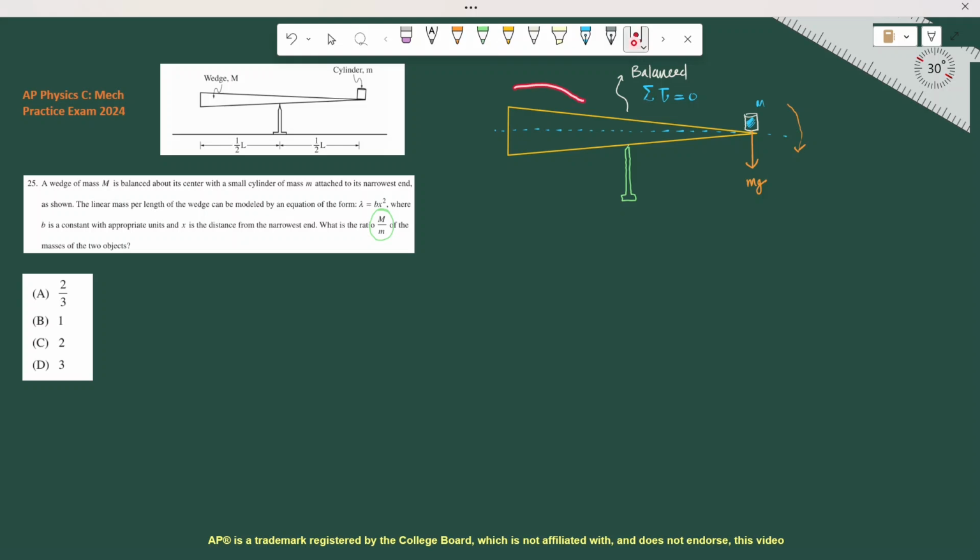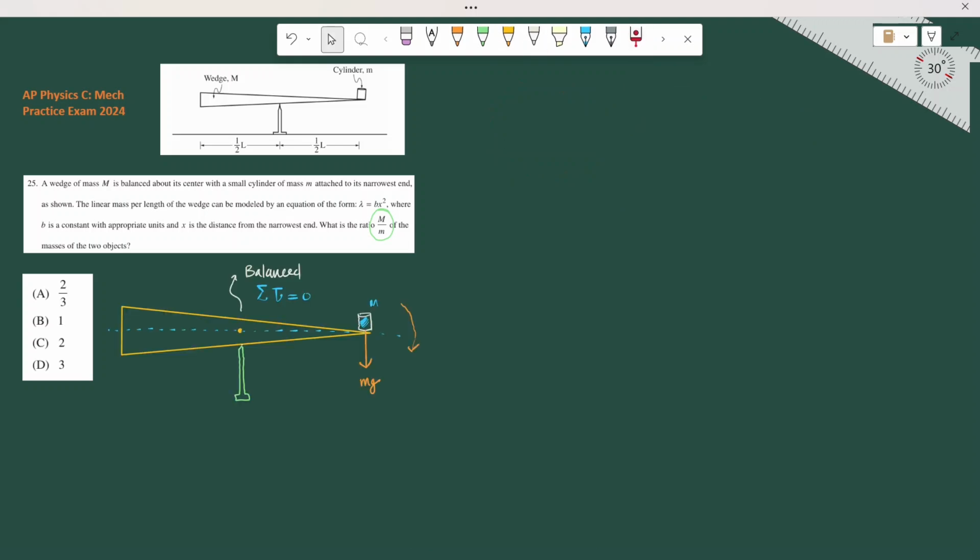So it means that the center of the mass must be located on the other side of this pivot point. This is in the middle, this is our pivot point. So, dear students, the torque produced by this distance L by 2, by the cylinder, must be equal to the torque produced by the mass of the wedge, the weight, mg, times the center of the mass of the